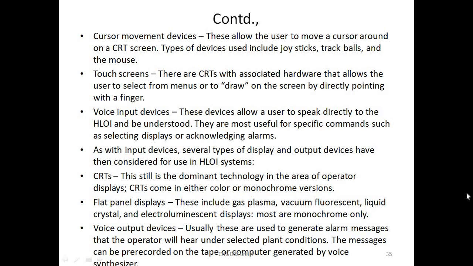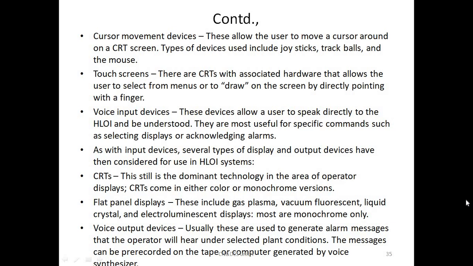CRT is still the dominant technology in the area of operator display. CRTs come in either color or monochrome versions. Flat panel displays. These include plasma, vacuum fluorescent, liquid crystal and electroluminescent displays, mostly monochrome only.